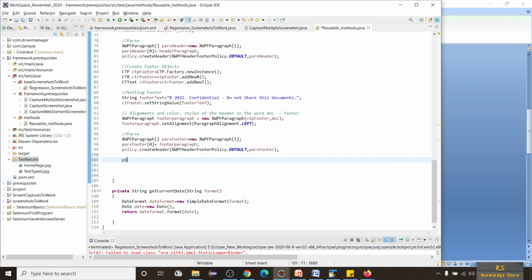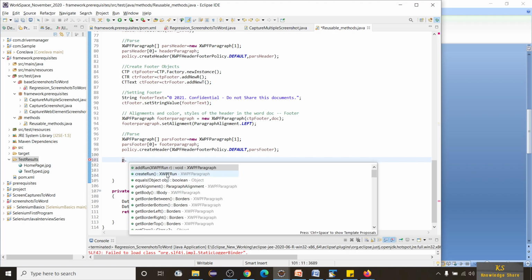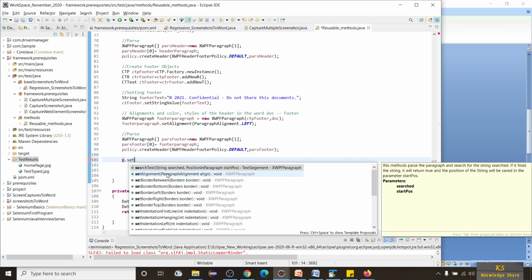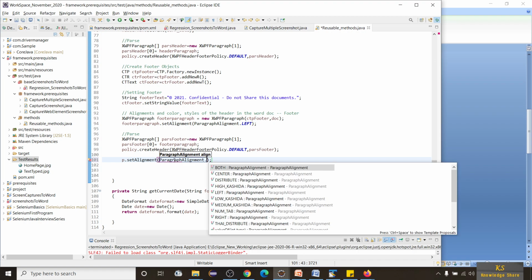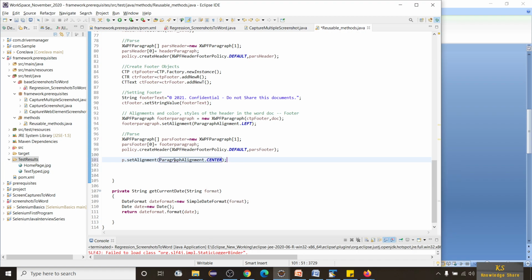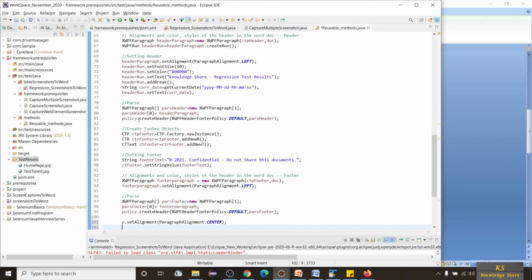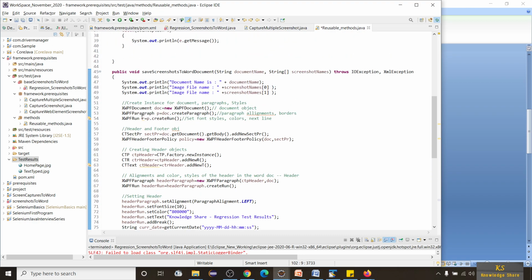So paragraph alignments you can do. So p dot set alignment of paragraph alignment dot center. And we have one more, r, right? We have the run method.